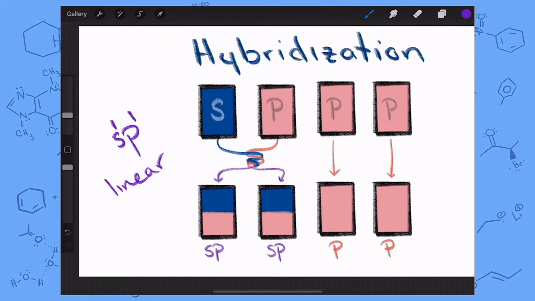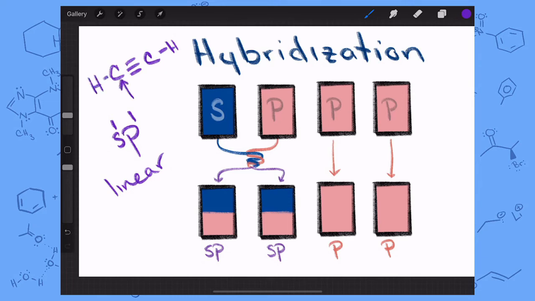Well, we use this term sp or sp2 or sp3 to describe a couple of things. We can say that this orbital is sp hybridized, or if we're talking about an atom, we can say that the atom is sp hybridized. So if I draw acetylene here,